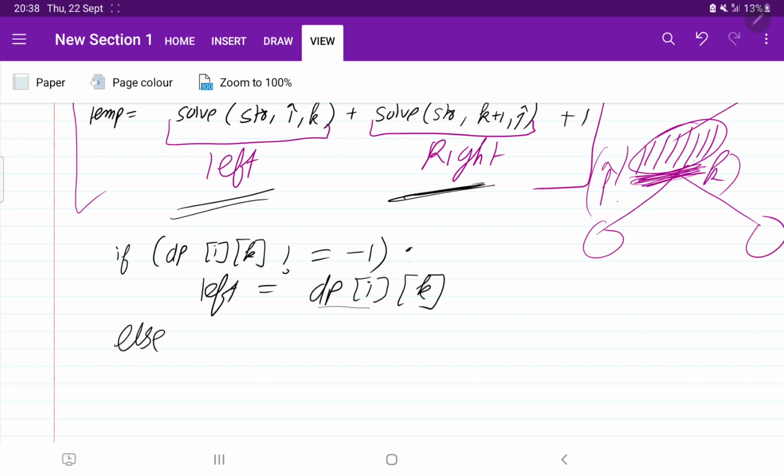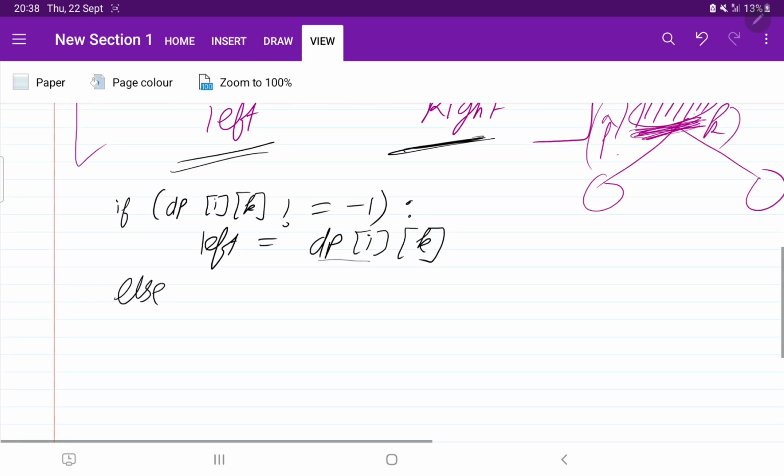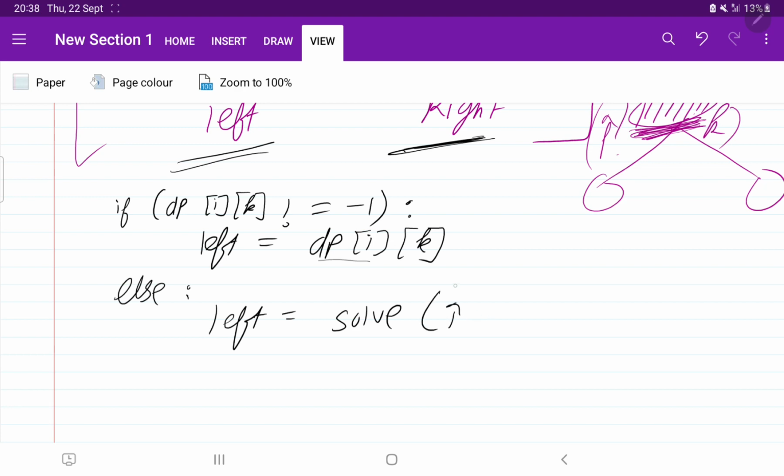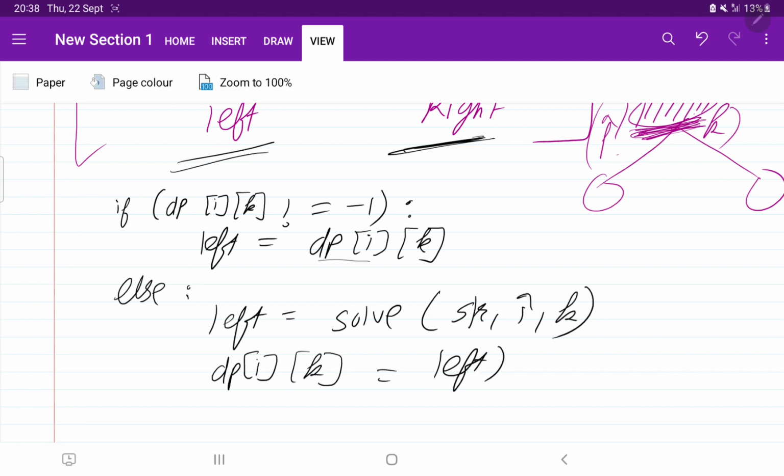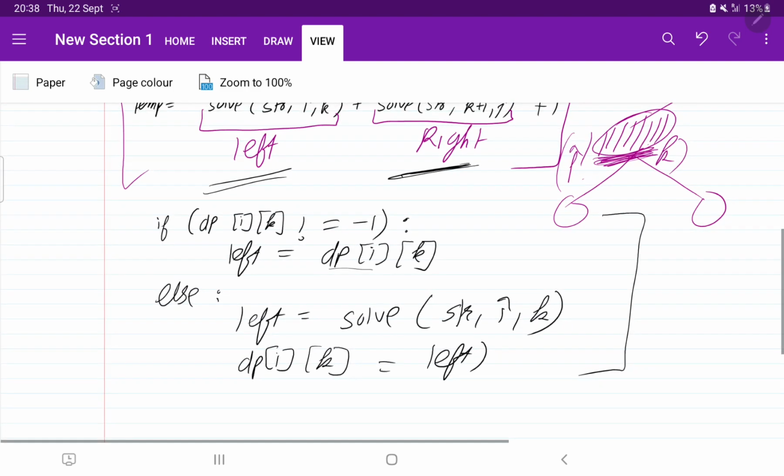Else, if that part is not solved, left will be equal to calling the same function again, passing the string i and k, and then storing the value: dp of i, k will be equal to left. So this is for the left part.